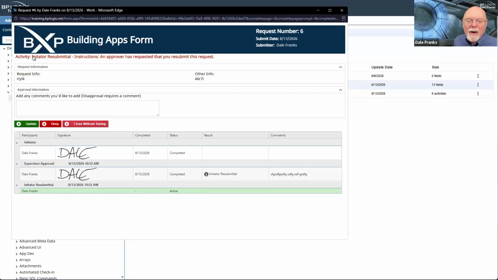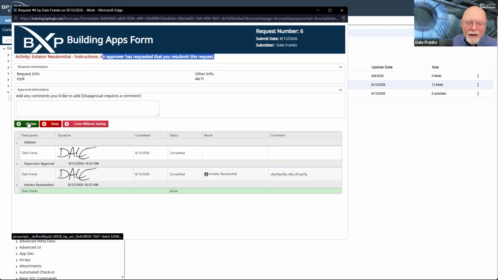And I am now in the initiator resubmittal activity. So you know what? It could be that my conditions on that activity were perfectly fine. The problem was that I was passing the wrong text that did not contain resubmit. So this worked. An approver has requested that you resubmit this request.